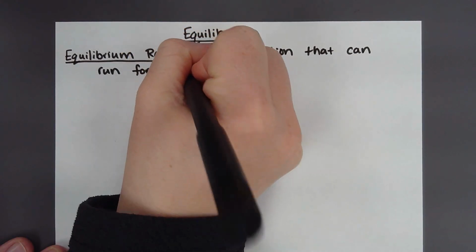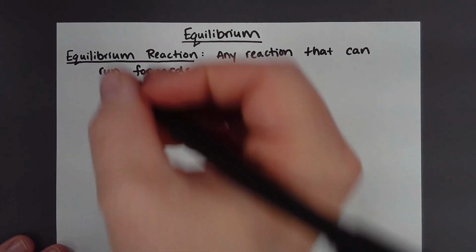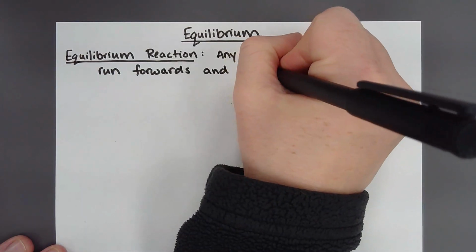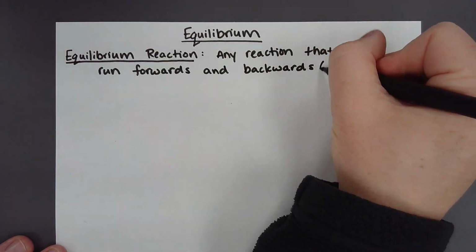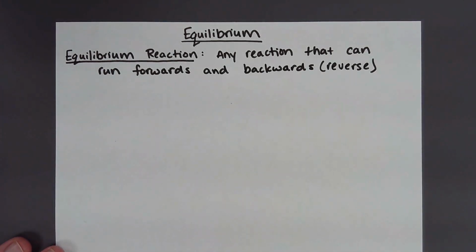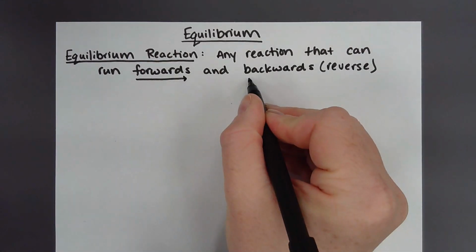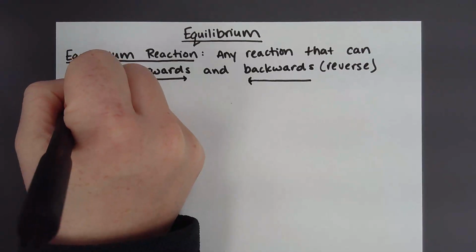Forwards, again, being that standard direction, reactant to products. Backwards, or reverse, being the opposite, running from products and actually making reactants. So, equilibrium, anything that can go both forwards and backwards. Now, we're going to walk through an example. Our example today is going to be